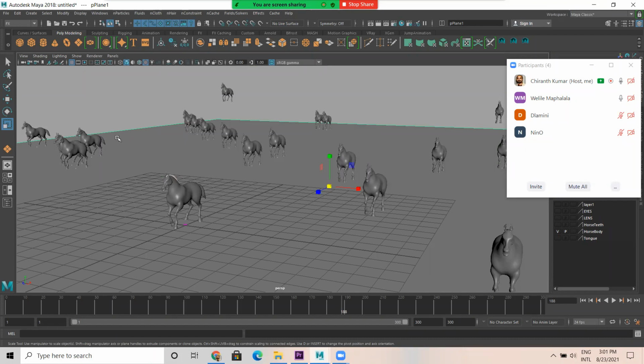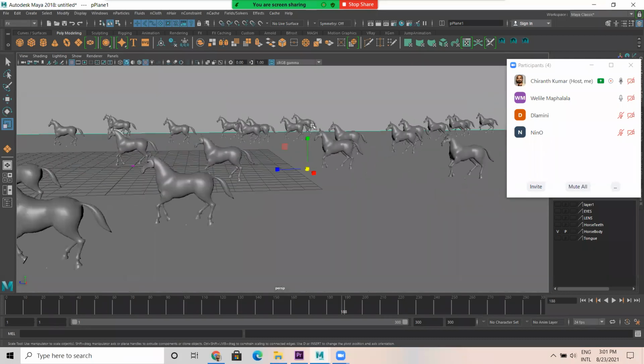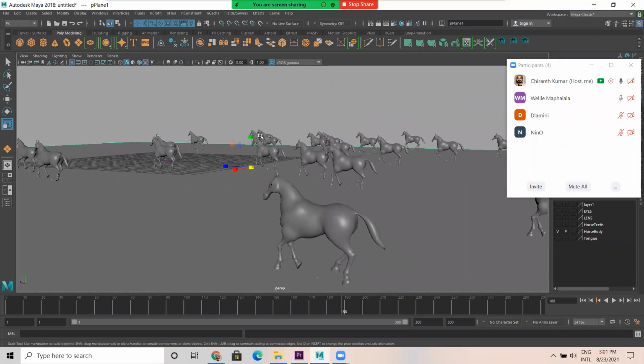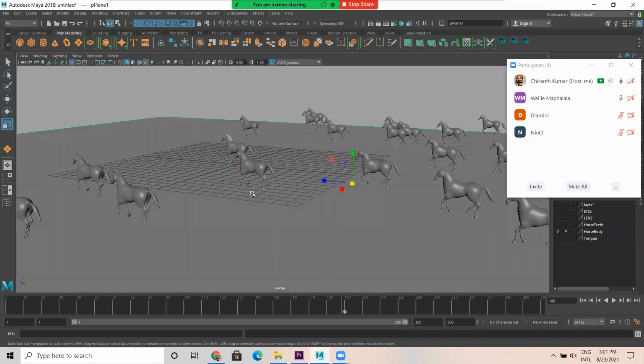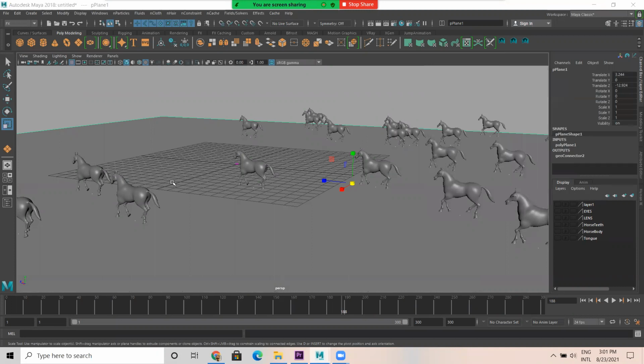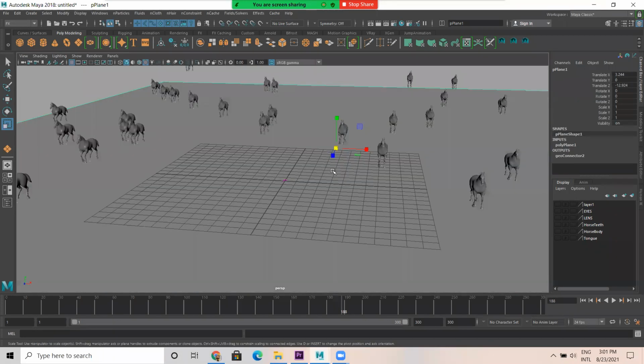That's how in crowd simulation you can reduce file size, and the animation part will be even smoother. To animate all these horses, just think, it takes a lot of time. It's quite simple now: just animate one model and do an instance. Similarly, you create one butterfly, animate that, and do an instancer. Lots of things can be done.